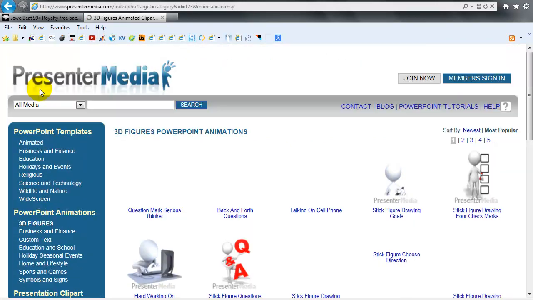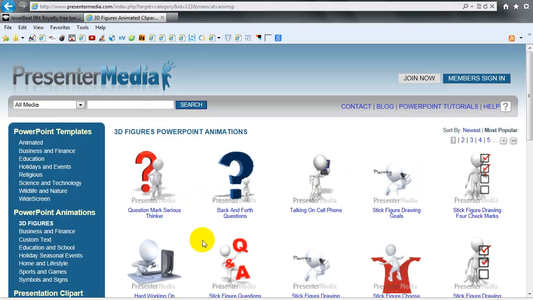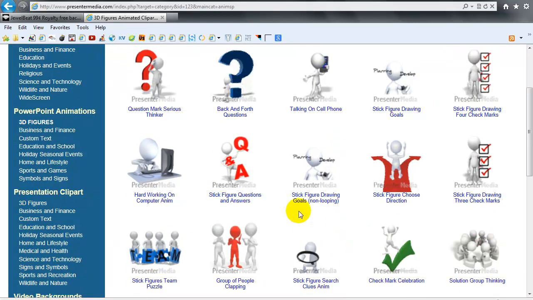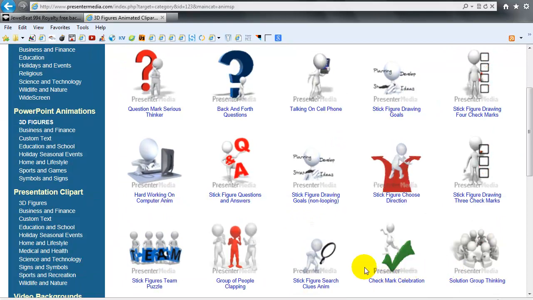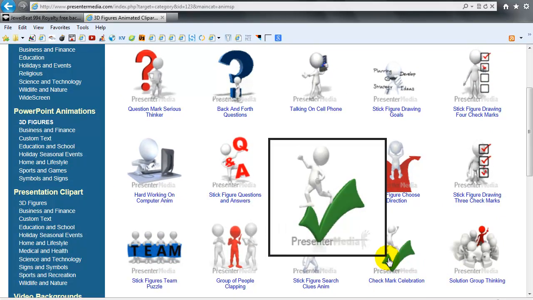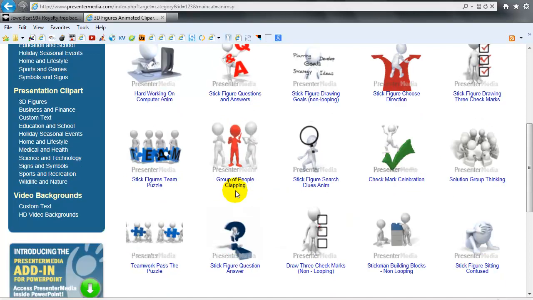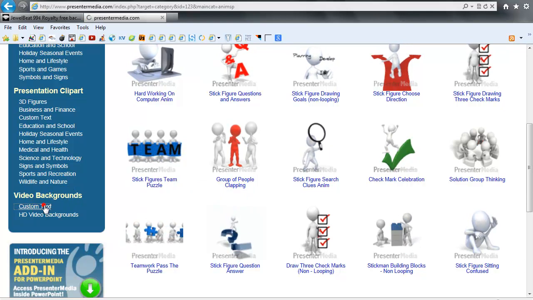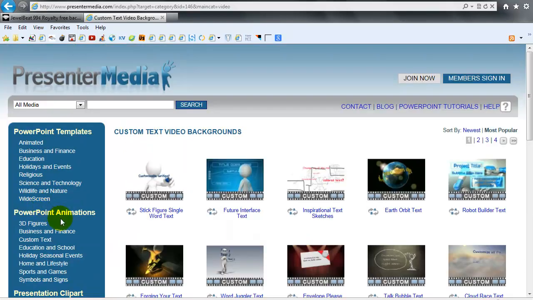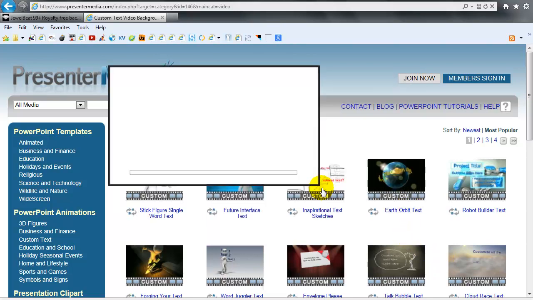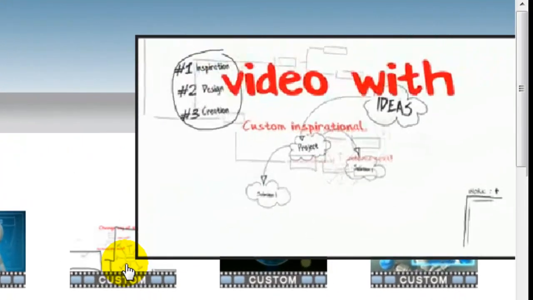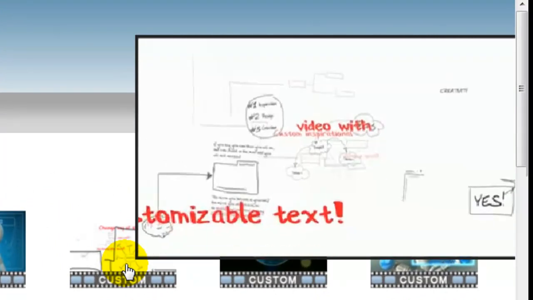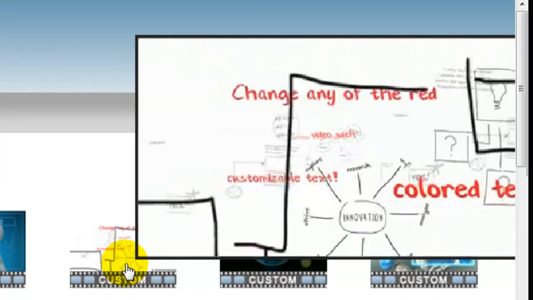And they have a number of 3D stick figure type animations as well as static clip art that you can add to your PowerPoint presentations to spice them up. And I won't get into this too much, but I also want to show you a cool feature they have called custom text. What you can do with custom text is add your own text to these animations. For example, everything you see in red here, all the text in red, you can customize